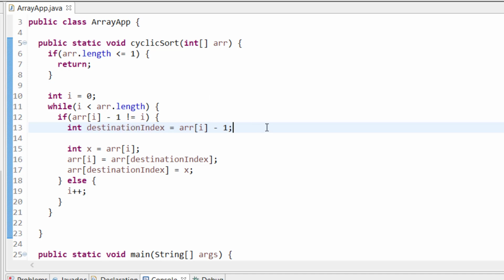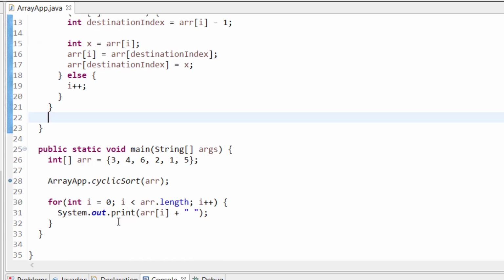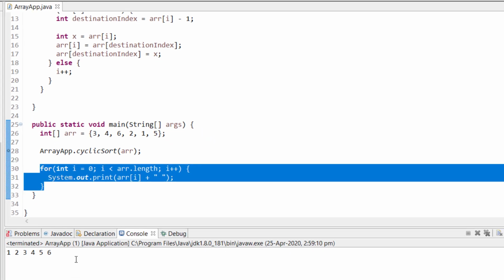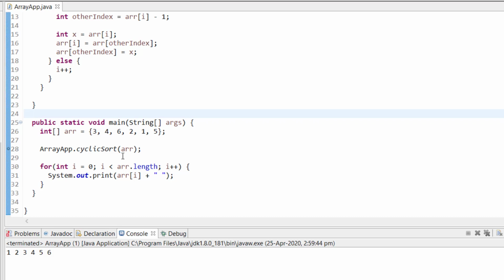Now first of all I'm getting the index, and then I will swap this value from here to here. When I swap, I continue until this value matches, otherwise I will just do I plus plus, and after that if you run it, all the values will be sorted, and now we are printing. So if you run the program, you can see all the values are sorted. And let's say if you have any other values, first of all you will find the minimum value, and then you can put it and get the solution, right?